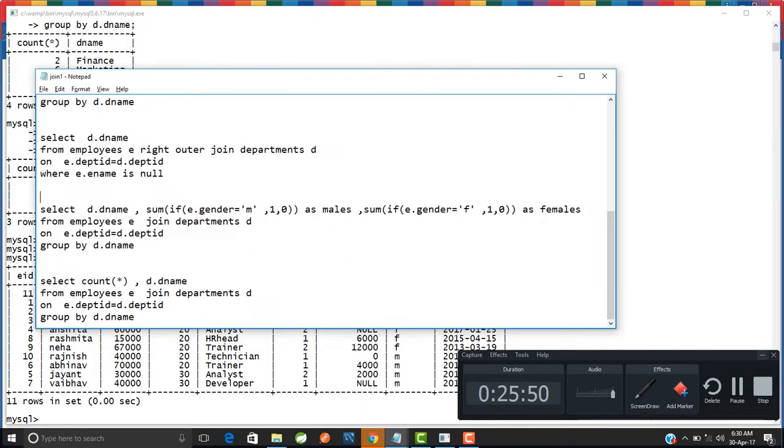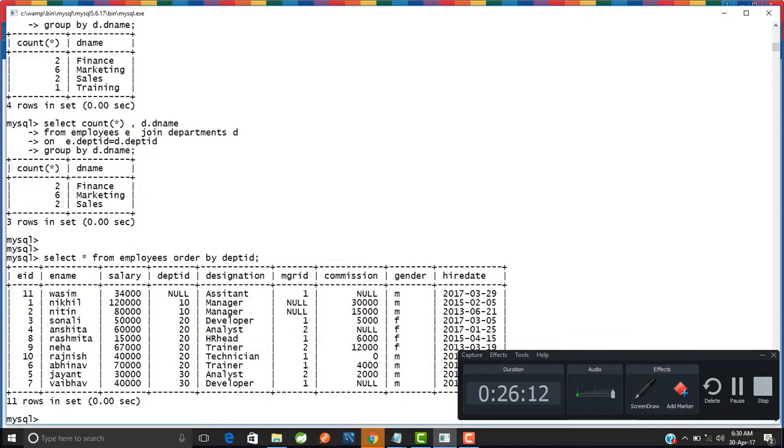It is going to each and every row of this group, and it is finding if the gender is equal to male. If the gender is equal to male, then it is giving the output as 1, and else it is giving the output as 0, and then finally we are producing the sum of all of this for a specific department. So in this way we have approached this query. I'm not sure if you have understood this query, but still I think you should be able to get it. And so with this I would like to end this video of outer joins,